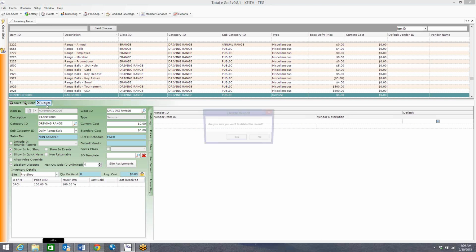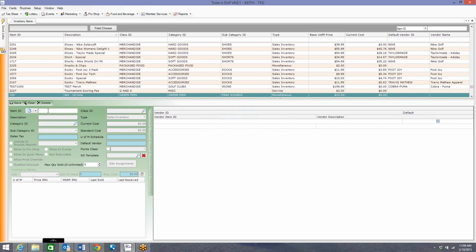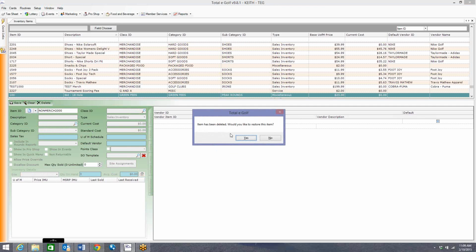So to show you what that looks like, we're going to delete, click yes. Remember that that item ID is still in there, it's just deleted. So if I were to type non-merch 2000 and hit tab, it would actually prompt me, item has been deleted, would you like to restore this item? We could hit yes,